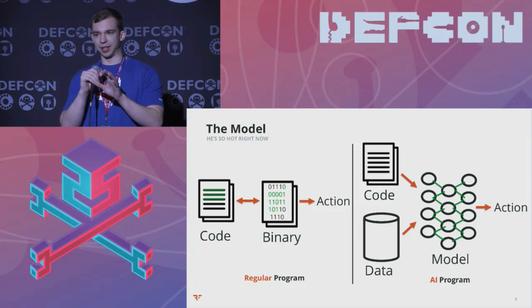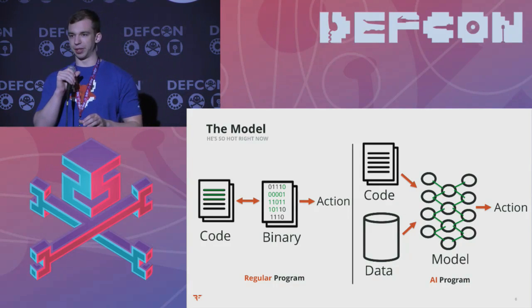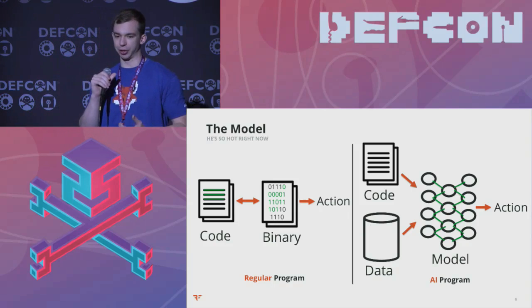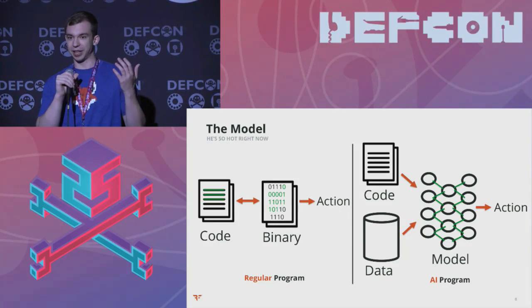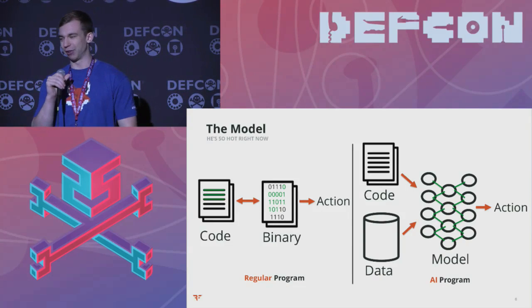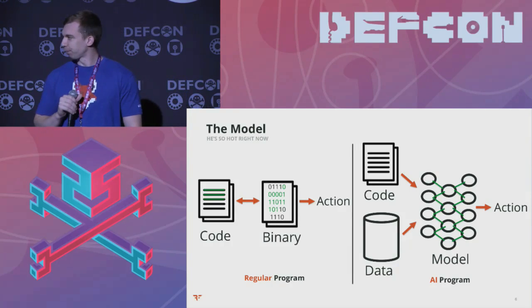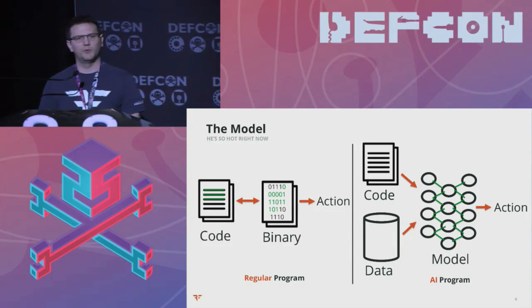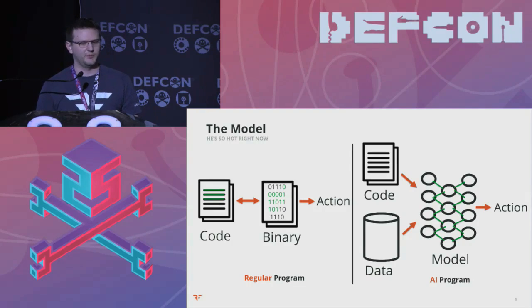So it's not necessarily as deterministic as a regular program. It can be kind of difficult to actually ask, oh, well, why did this program make the decision it did? Why did it decide to select star? Or why did it decide to drop my database instead of inject and steal all the data from it? It's one of the fundamental differences. Yeah, so we're going to be talking quite a bit about the model going forward, and that's an important piece to take away here. That's the thing that does all the smarts in your program, as opposed to the code that you actually write.